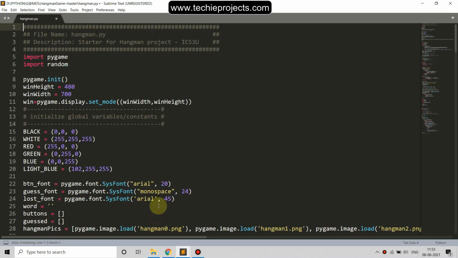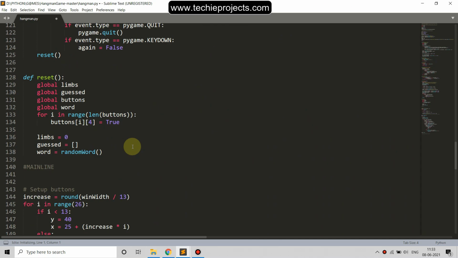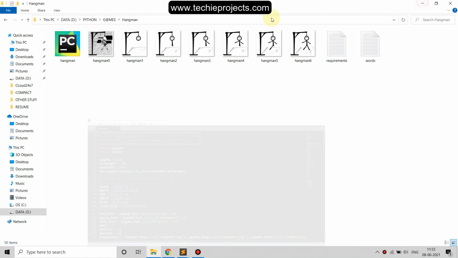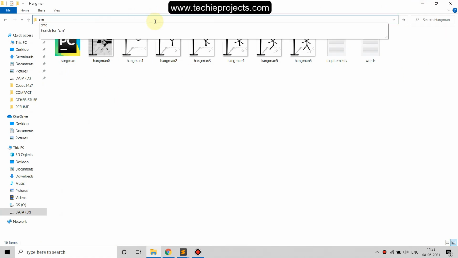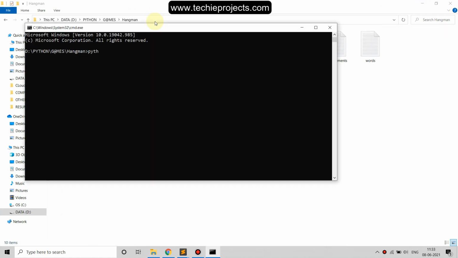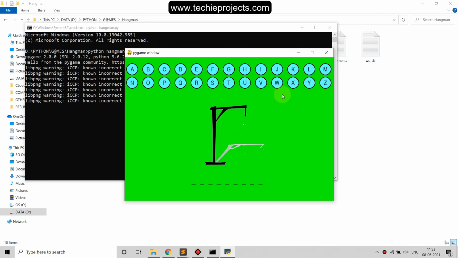So in this video I will show you the Hangman game using Python. So this is the complete code. Let's open the terminal, cmd and then python space hangman.py. So it will open the game window. Project developed using Python programming language and pygame is used. Click on any character and we have to complete the phrase